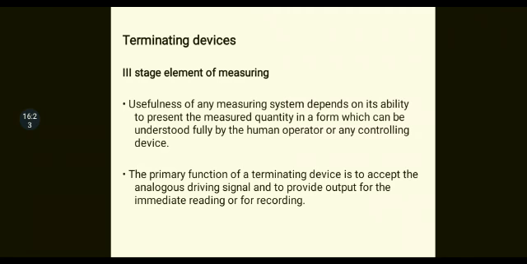Okay, like that. So here the primary function of any terminating device means the input is given by the intermediate modifying device, so that signal it has to take and give the output immediately. Means some display, for example, the same light switch. In the traffic signals, if I switch on the red light, the red light should be there immediately. If I switch on today and tomorrow it is glowing, it doesn't make any sense. The output should be immediate for the indicating device or the recorder. Otherwise there is no meaning.